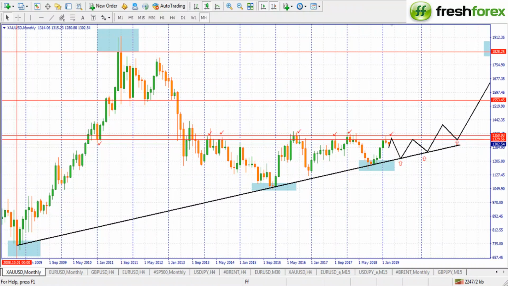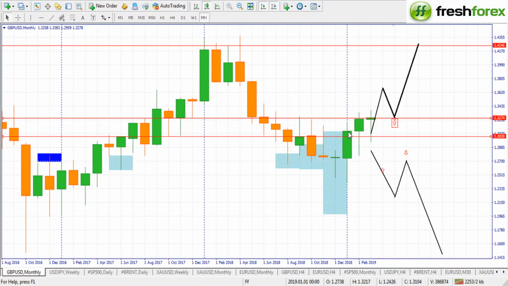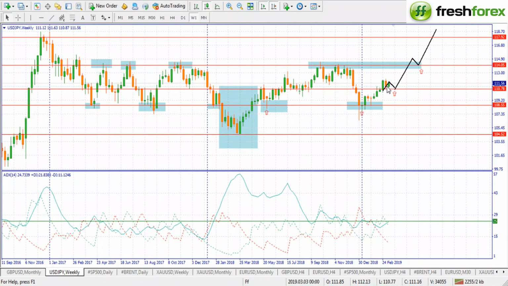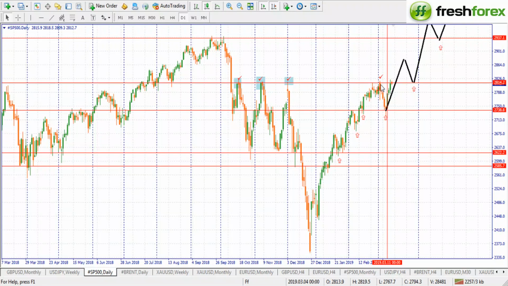So that should bring us to the end of today's overview. We've looked at all the symbols we wanted to look at. We have GBP USD, where we've seen that the best position should be a buy, especially if price can close above 1.3274. Then USD JPY, we are looking for a buy as long as the price is above 110.78. SP 500, you should take profits now from whatever we said a few days ago. Take your profits, wait for price to close above, then a retracement before you can pick a buy